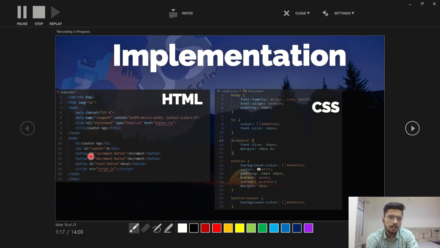Now we can see the button elements. The first button element is with ID increment button. It generates a button that allows users to increment the counter. The second one is decrement button, which creates another button with ID decrement button to decrement the counter. And the third one is reset, which generates another button with reset button ID to reset the counter to its